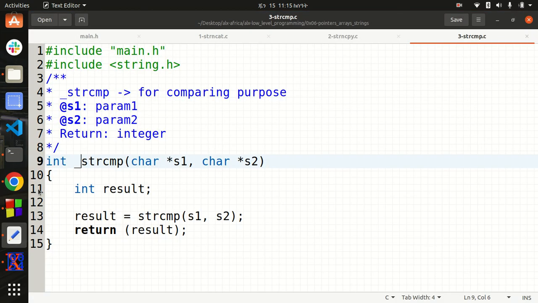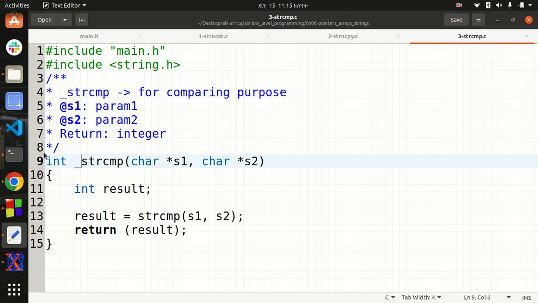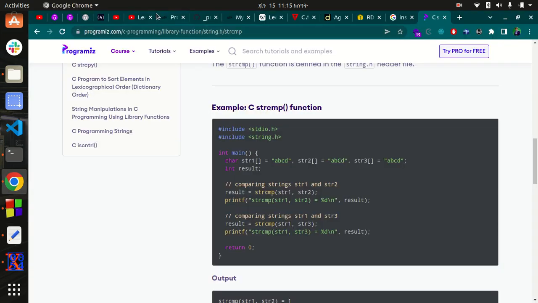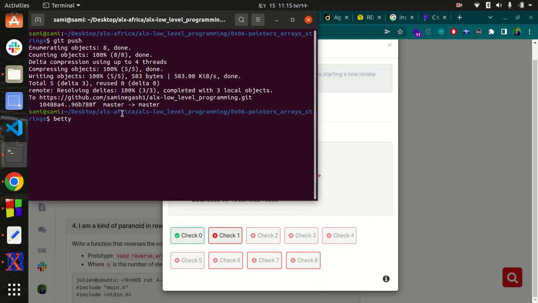I don't know what is wrong here, but there is something wrong, so let's check on it. Is this number 3 or number 4? Let's check here. 3 strcmp.c